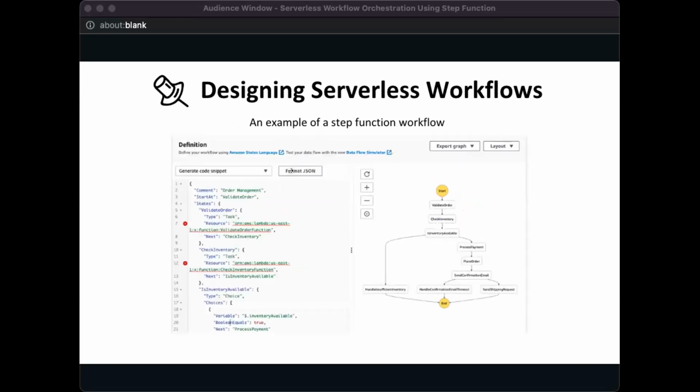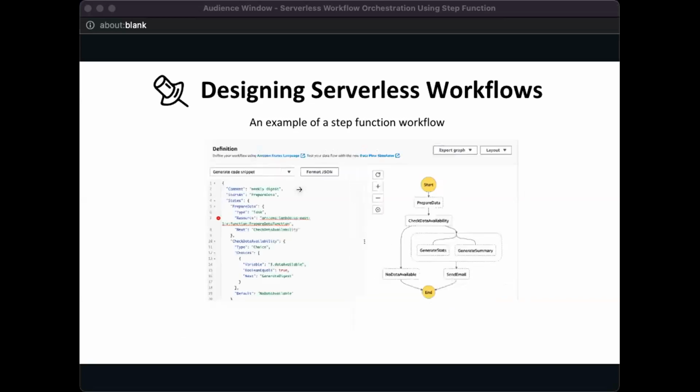And at each step, once validate order is complete, you are able to change the status of that session in the DynamoDB table. Status, validate order completed. Then your check inventory step is running. You are able to update that status also, checking inventory. Once checking inventory is complete, you can update that session in the DynamoDB table again for checking inventory completed. So you can keep doing that for each of the steps in your workflow orchestration,